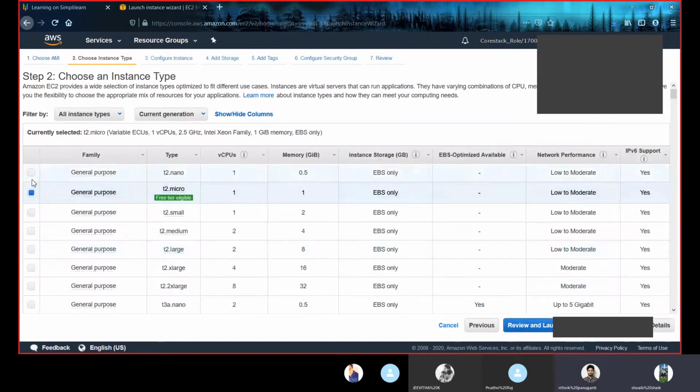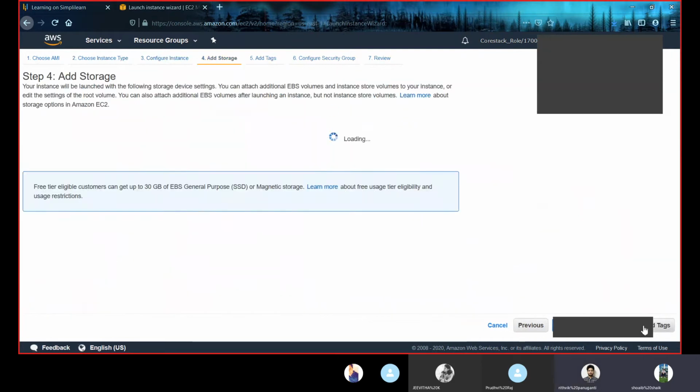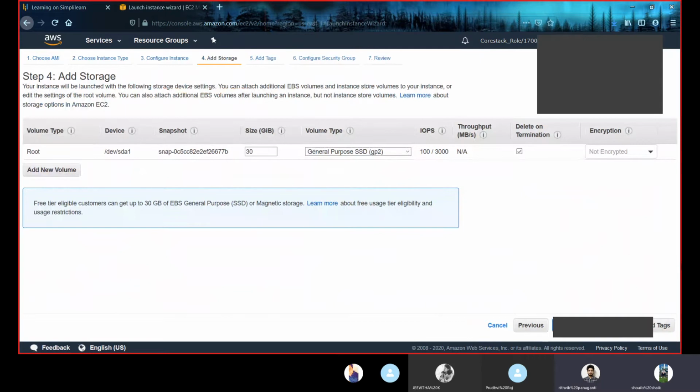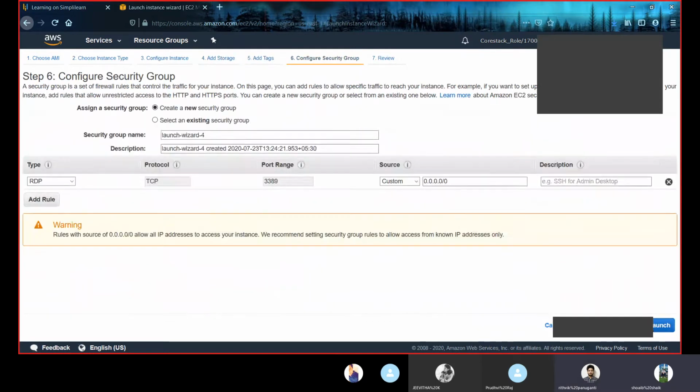Here, let us choose the smallest instance we are provided with. Next, leave the configurations as they are. Add storage, leave it. Tags, just leave it.